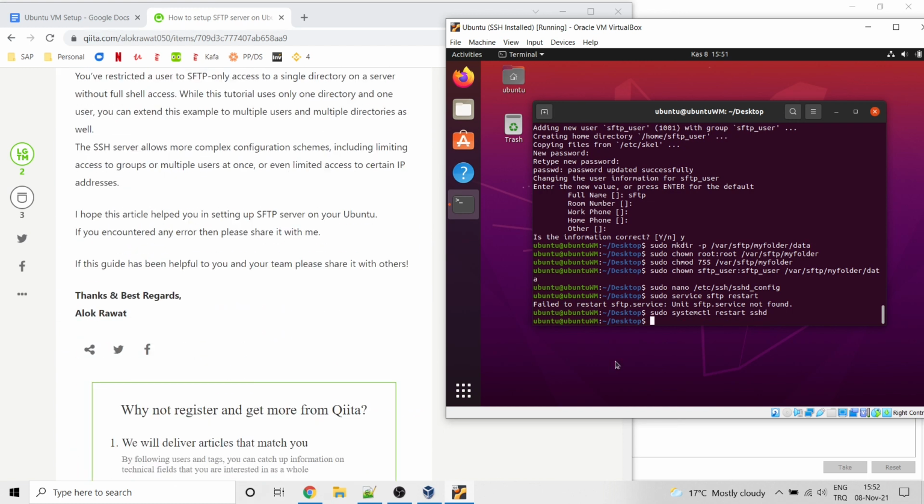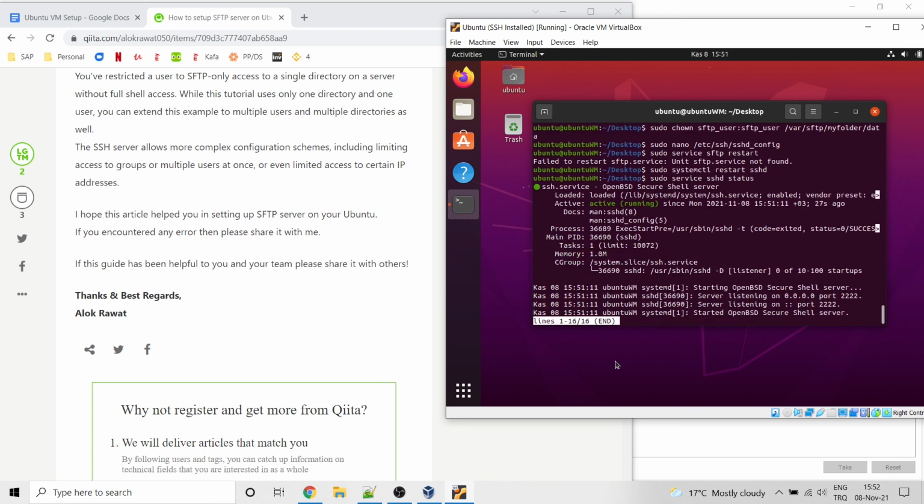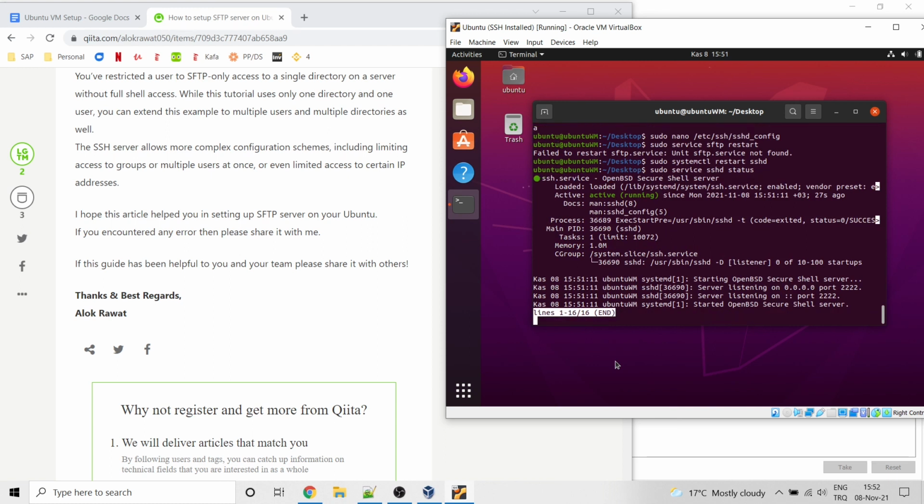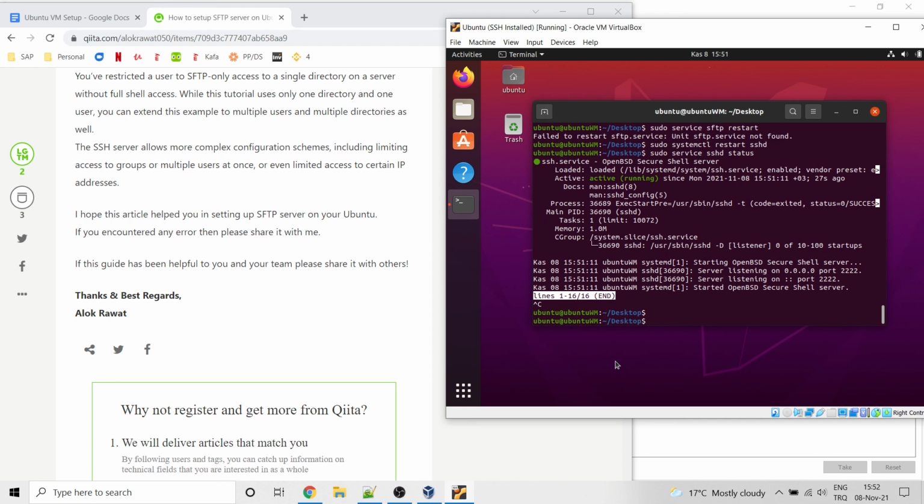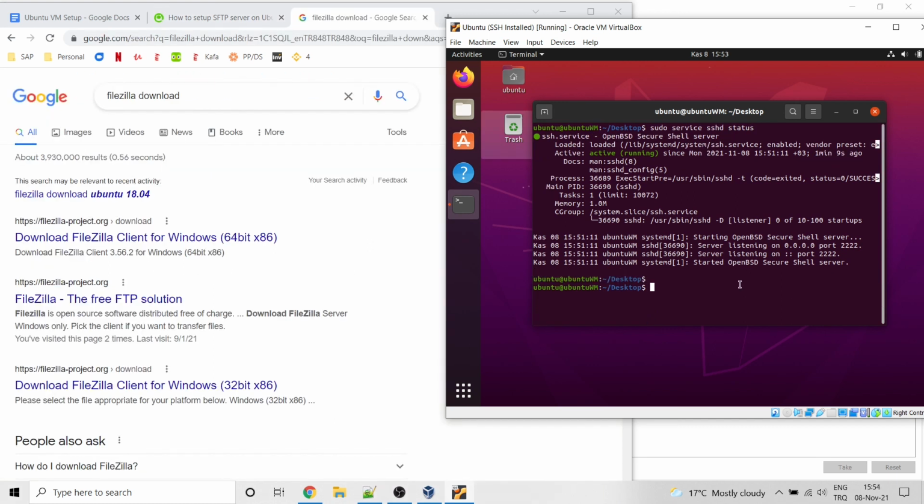Now we need to download an SFTP FTP client. We will be using Filezilla for that. And let's check if the SFTP is working. Service status. Okay, so it's all working fine. Ctrl C, enter. Okay, the SSH server is running, and remember we have changed the default port 22 to 2222, so